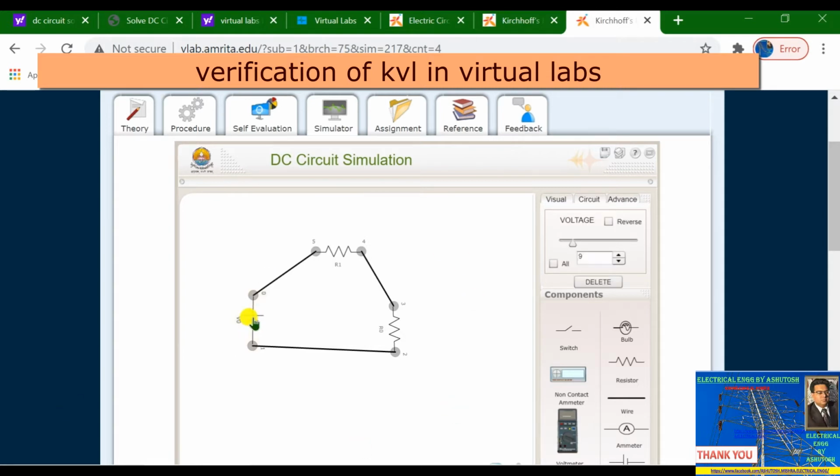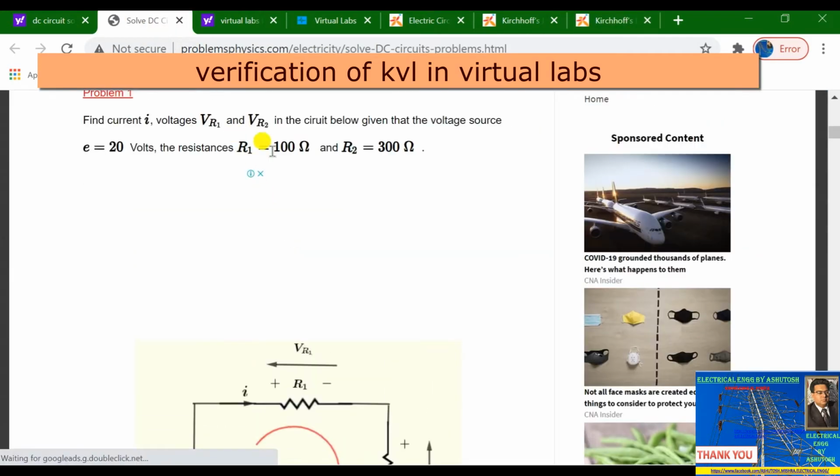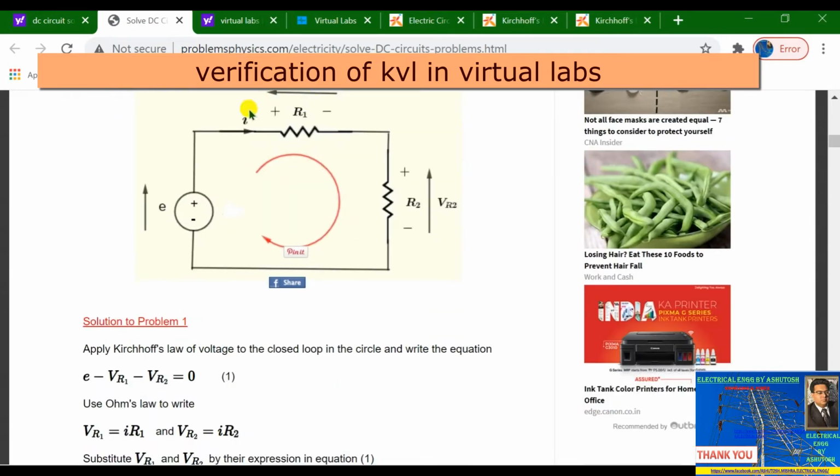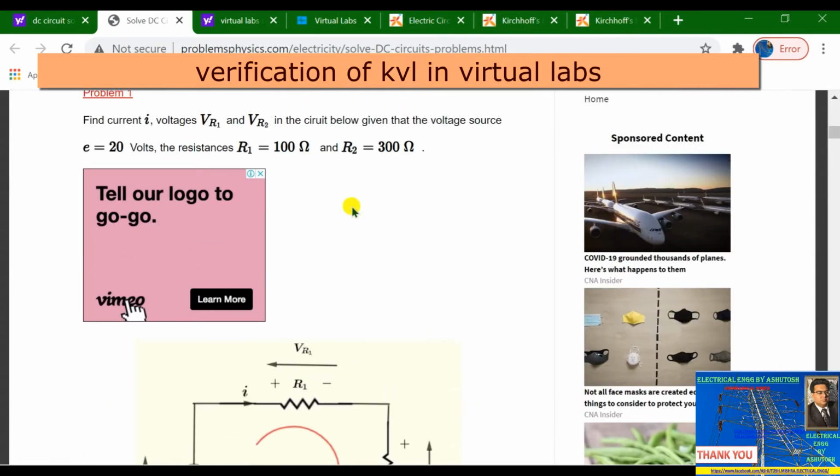Now you have to select the values. Battery voltage: click on battery and then just type 20 volt, 20. So battery voltage is 20. You will see here, this is the voltage of battery. Then resistance, what we have selected in our numerical, R1 is 100. This is R1, this is R2.